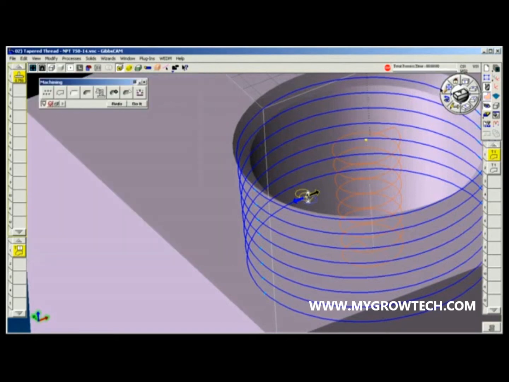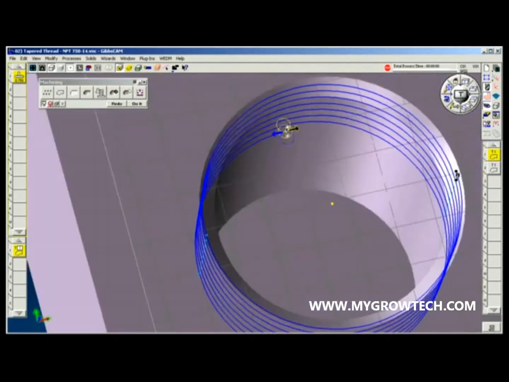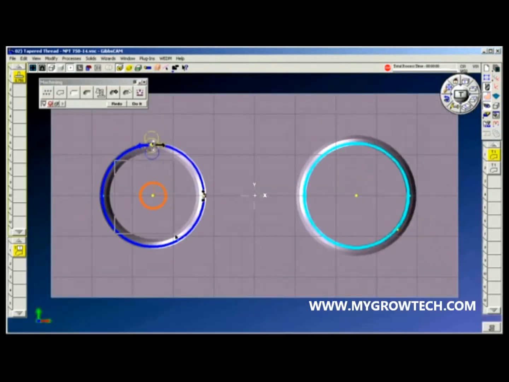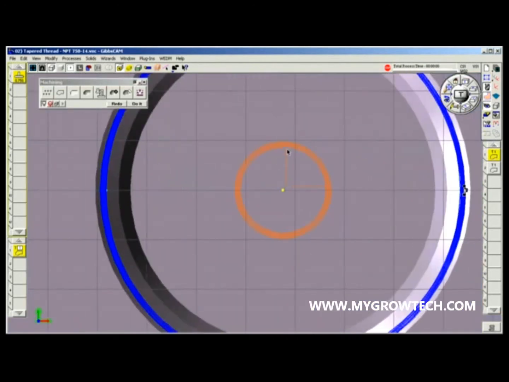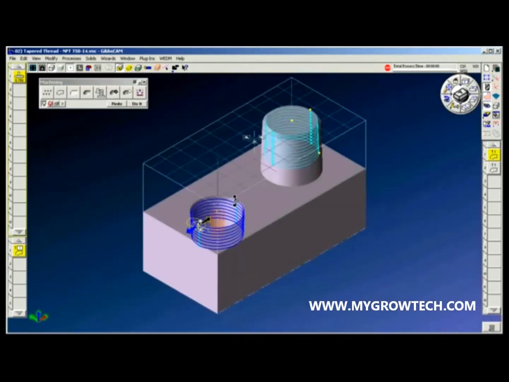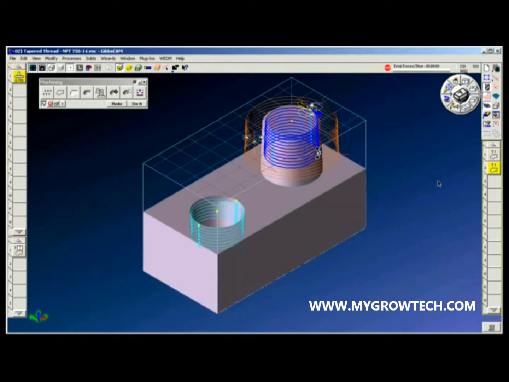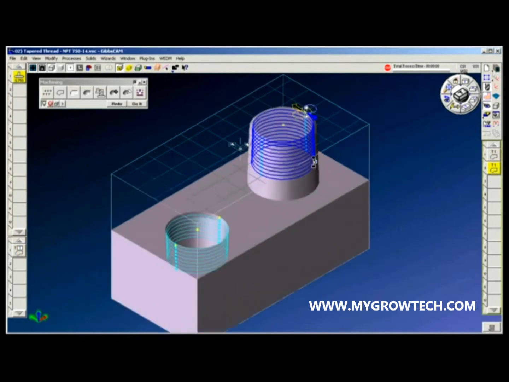So we go ahead and hit redo or do it, and we now have the tool path with the nice lead-ins and lead-outs. Next operation we're going to do is the outside diameter. So on the outside diameter,